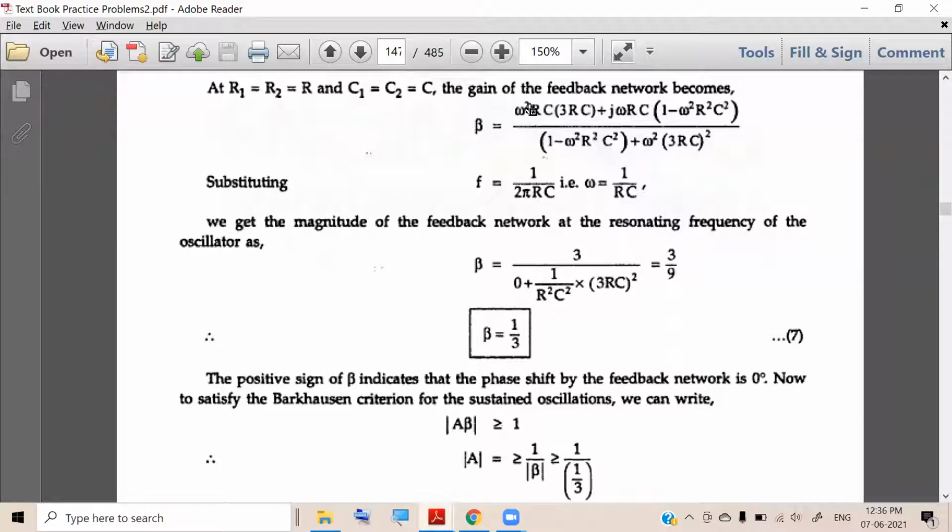Omega square, okay, right? Omega square into R1, say the omega square is 1 by R1, R2, C1, C2. Cross multiply this R1, R2, C1, C2 to the LHS. Then we have omega square into R1, R2, C1, C2 is equal to 1. So omega square into R1, R2, C1, C2 equal to 1 means this entire term is 1.